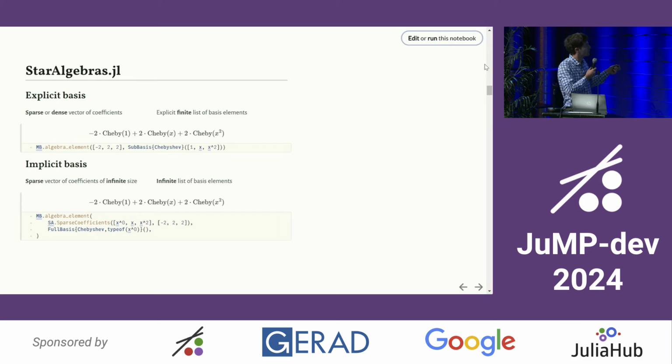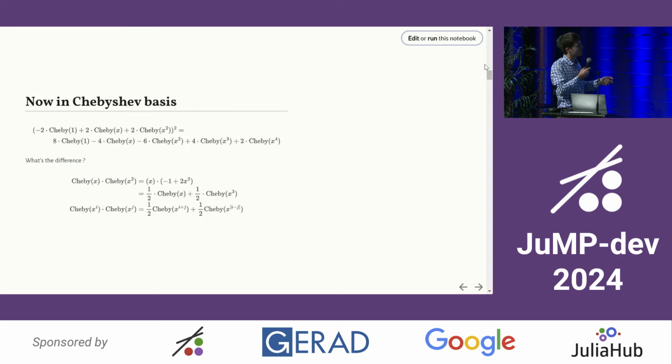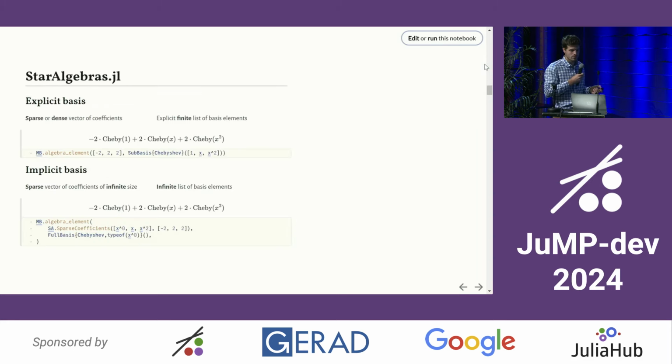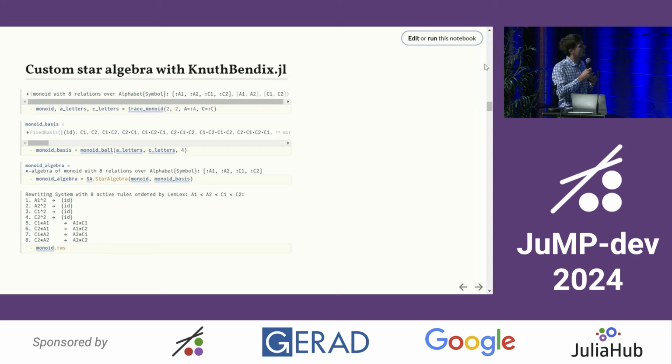We use the same work to make algebra efficient with this. And so now when you multiply Chebyshev polynomials, you can use their mutability. And thanks to that, the fact that you have these rules will not make it inefficient. And then the advantage, because it's not actually specific to polynomials, you can also use it for anything. For example, if you want to create some custom algebra, here in this example, I create an algebra